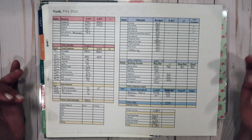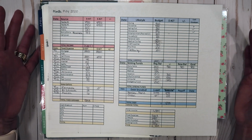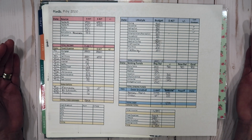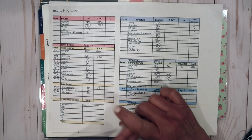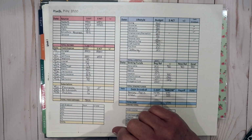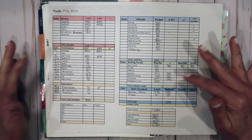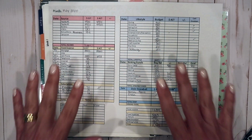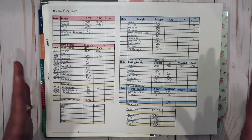So now what I do is I just kind of keep in my mind and the back of my book what I'm looking at. So I know that, okay, July is a heavy birthday month for us. My HOA is going to be due and my electric bill is going to be high. So I probably will not have sinking funds in the month of July because all of the money will be reallocated for other bills. So that's kind of just when you're setting up your budget, one thing to look at,